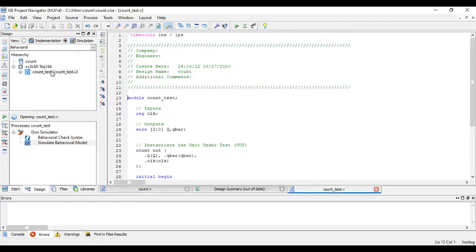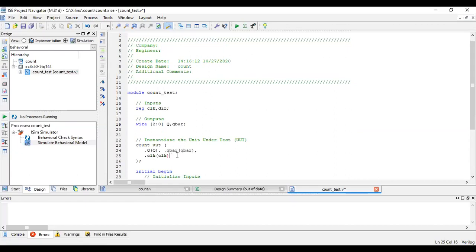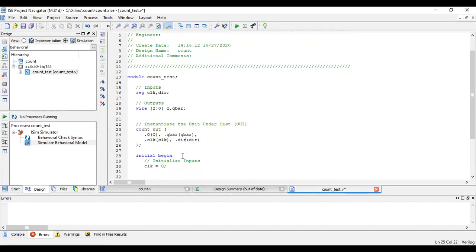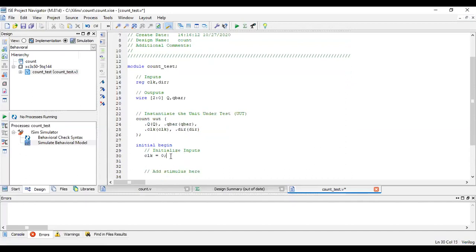So let me go to the test bench and add the input, register clock and register direction. So after clock I have .dir and dir mapping. Now what I'll do, initially I'll keep dir to 1. Later, after some time, say after 25 time units, I will make dir to 0.